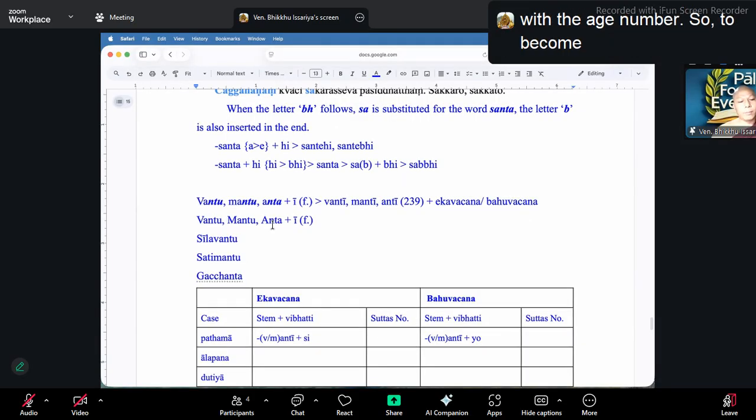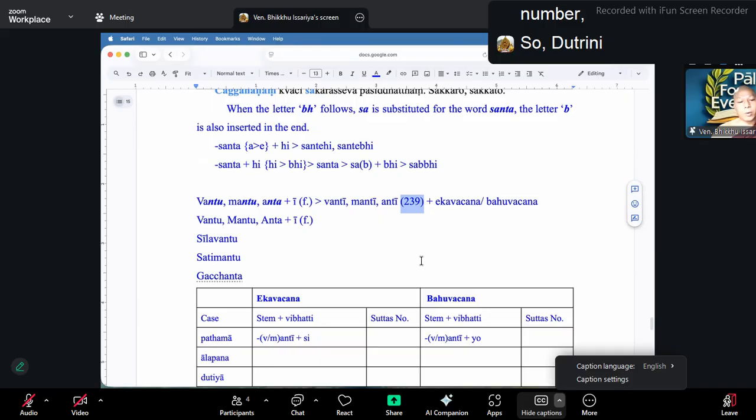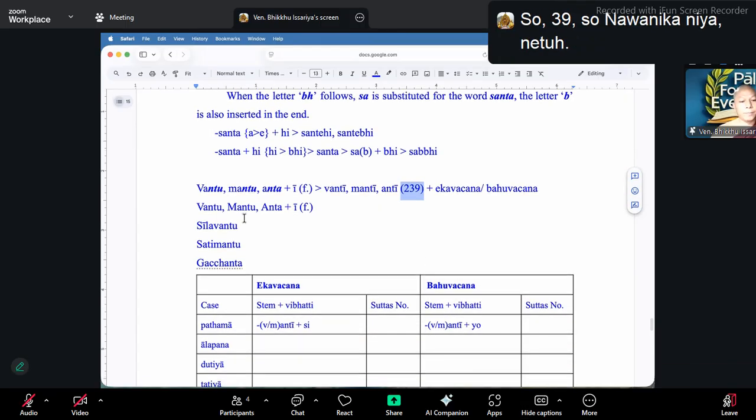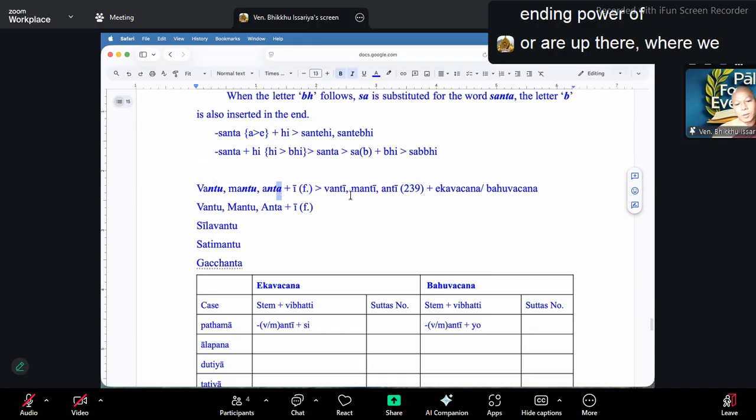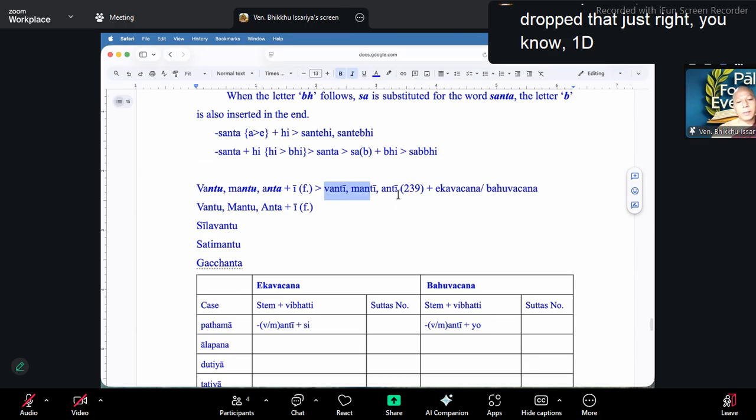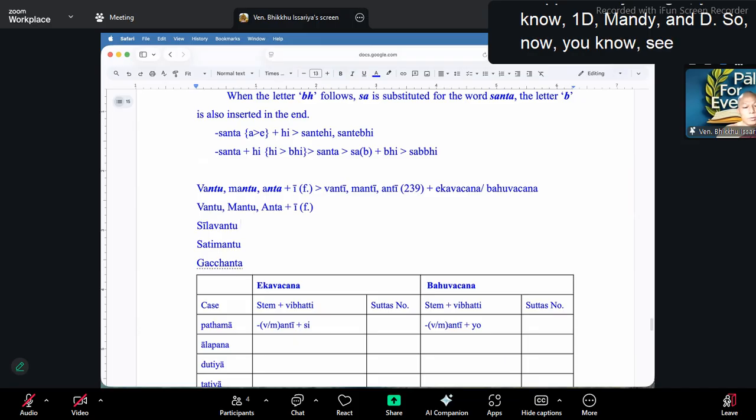So to become the feminine gender, according to this sutta number 39, so navanikaniyanatuhi. So after those vantu, mantu, and anta, the feminine gender sign I is added. So after that, the ending vowel U or A drops, where we drop that is, vantu, mantu, and anta. So now, silavantu